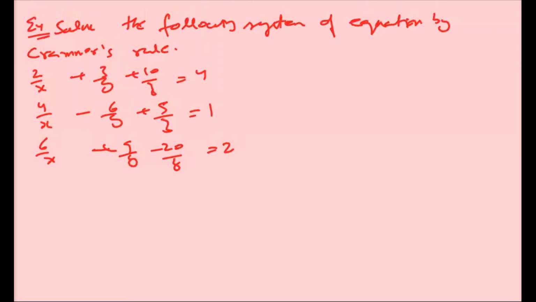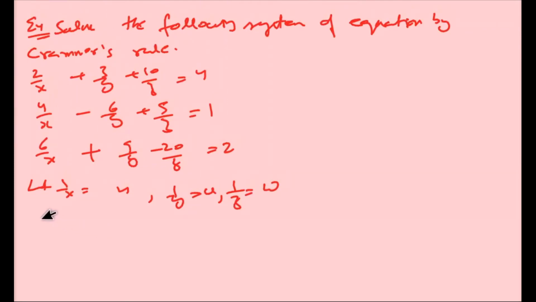So we are seeing here that the variables are in division form, 1 upon x, 1 upon y, 1 upon z. So for convenience we can write it: let 1 upon x equal to u, 1 upon y equal to v, 1 upon z equal to w.